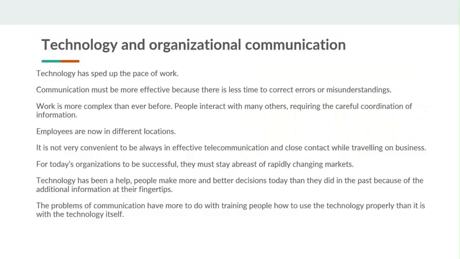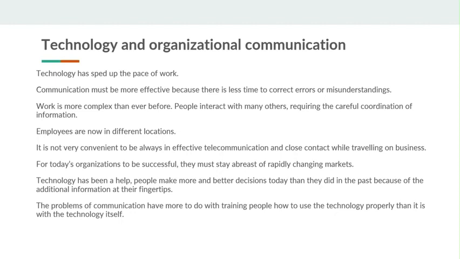So the second one is technology and organizational communication. As we already know, nowadays is the technological era, and technology is also advancing in our working experience, working pace, and working environment. So sometimes communication must be more effective because there is less time to correct errors in misunderstandings. Work may be more complex than before because people interact with many others, requiring careful coordination of